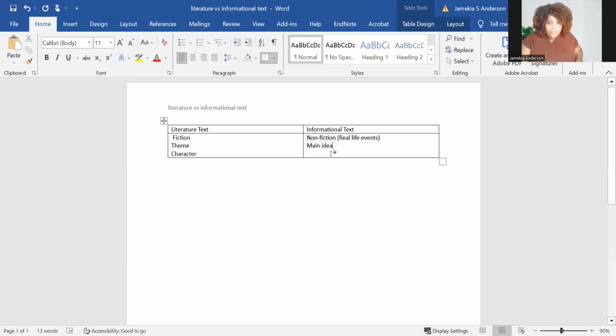Or over here, you would say people. Or like I said, here it says fiction, we would say story or stories. And we would say, okay, let's read this story. And we will be talking about an informational text. And this informational text is not a story. They're both text, and you could say that, but it's not a story.